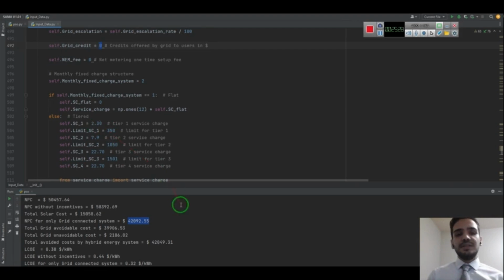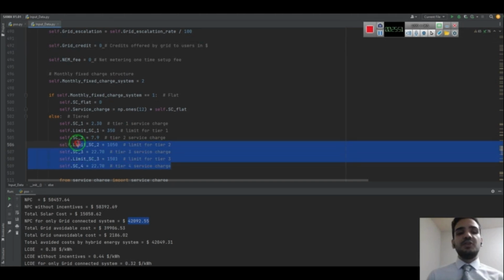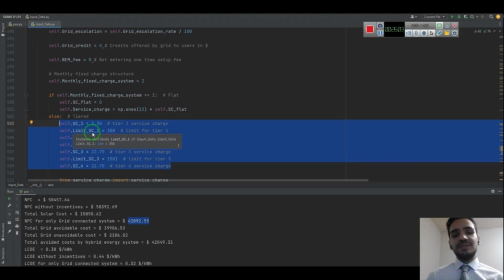The current utility in Los Angeles that we are investigating charges a monthly fee based on the previous year's consumption. For example, if in that specific month of your previous year you consumed more electricity than the first tier limit, you would be charged higher.